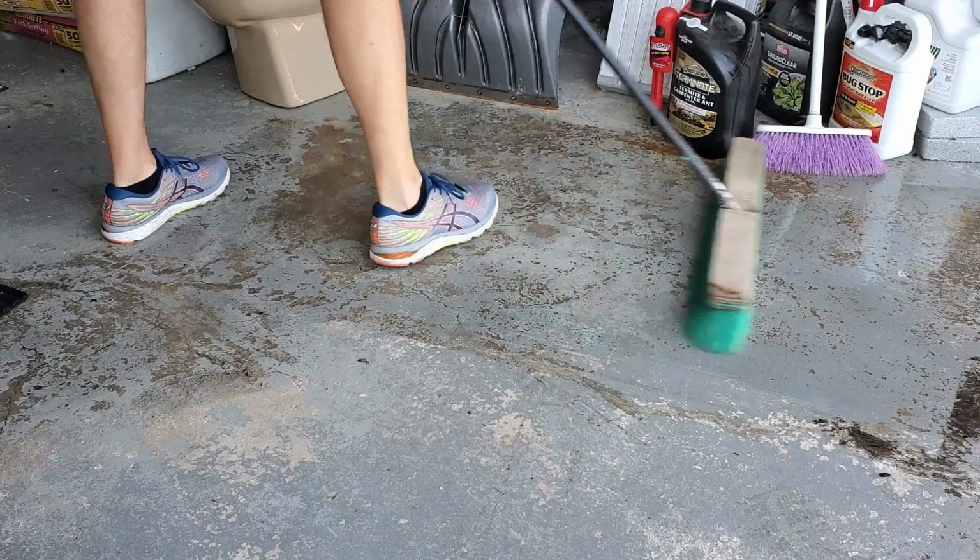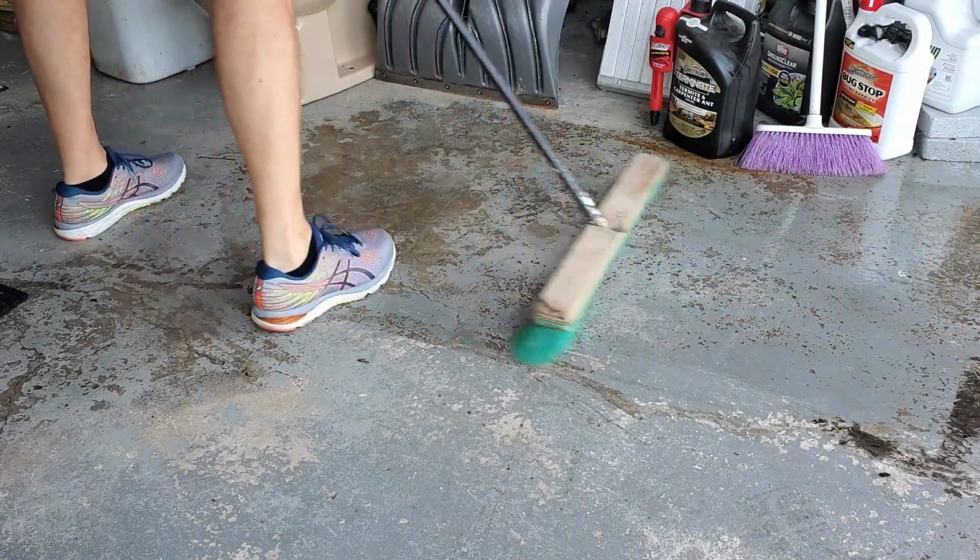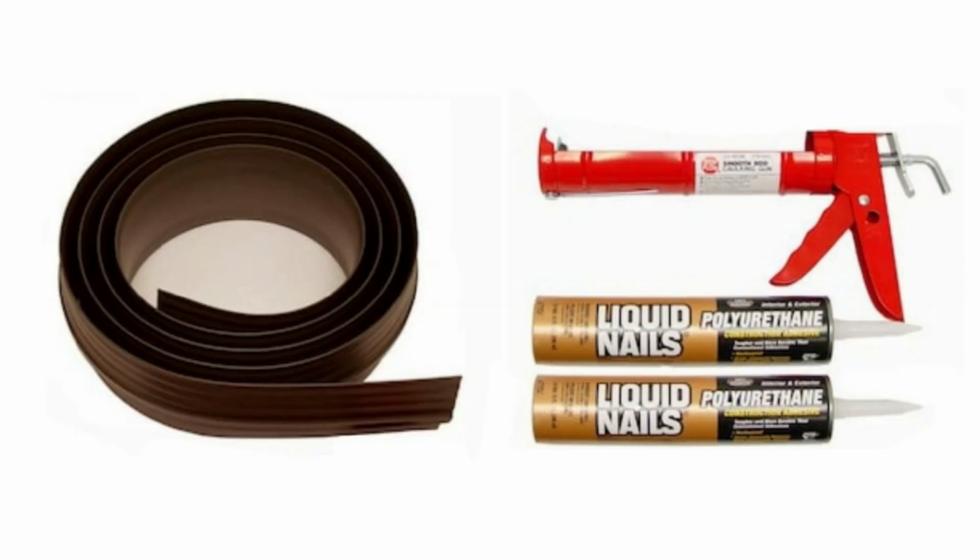This is actually marketed under a couple different names. It's called a Tsunami Seal if you get it at Home Depot. If you get it at Lowe's, it's called Garage Pro, but it's the same thing. It says Tsunami Seal up here, it says Garage Pro down here. It's the same product, and what it is, it's a PVC